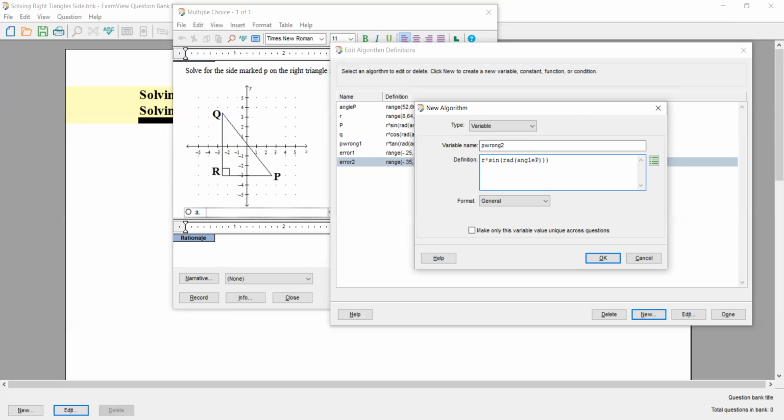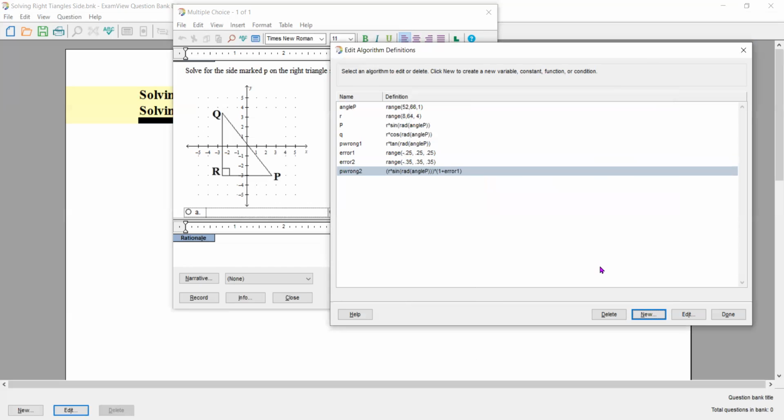I'm going to take that correct answer and multiply it by 1 plus error 1. So here's what happens. Again, this is the correct answer. If you multiply by 1 plus the error, sometimes it will go above, sometimes below, so it will be really difficult for a student to guesstimate. They can still guesstimate, but they will get it wrong